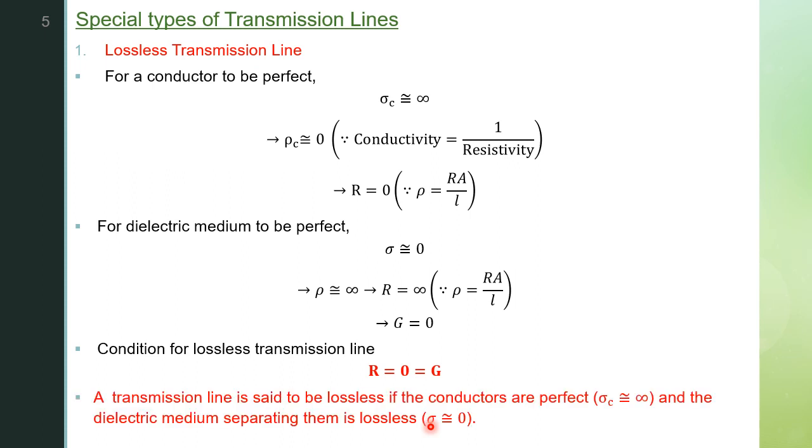Thus, a transmission line is said to be lossless if the conductors are perfect, that is sigma C will be infinity, and the dielectric medium separating them will be lossless, that is the conductivity of the dielectric medium will be equal to 0. So we have derived the condition for lossless transmission line as R equal to 0, which is equal to G. So we'll derive the expression for characteristic impedance and propagation constant in the case of a lossless